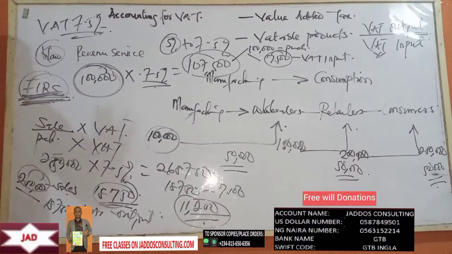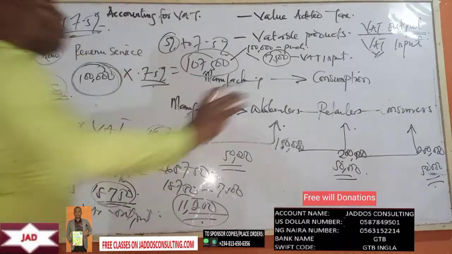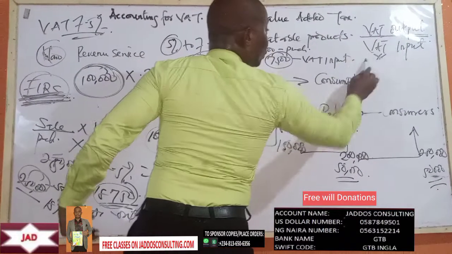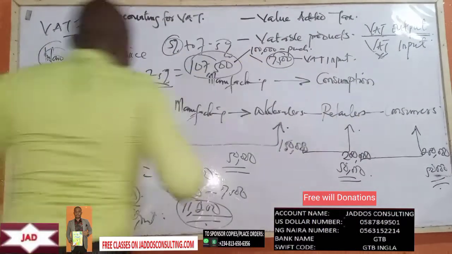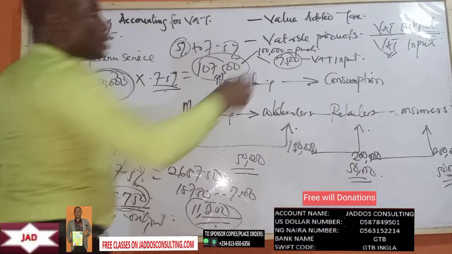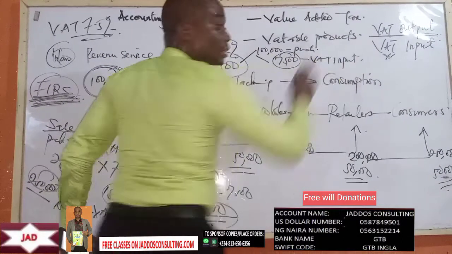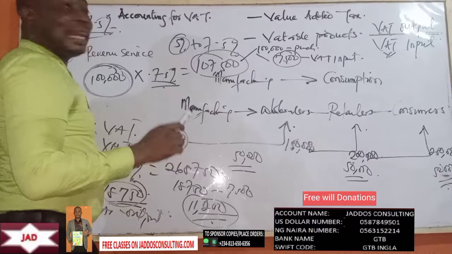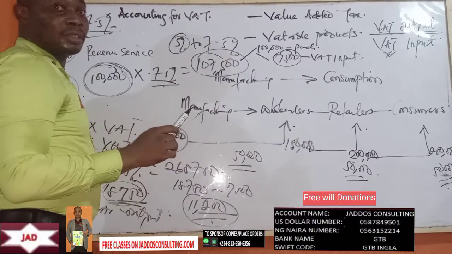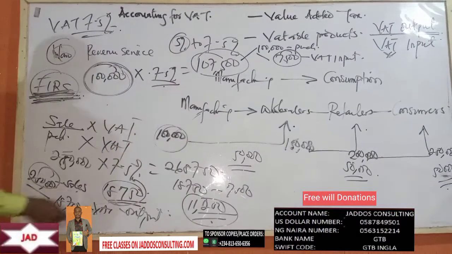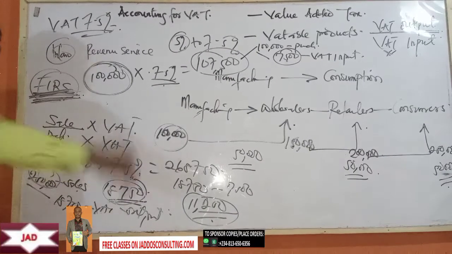So it means at every point in time of remittance, you must compare your VAT output with your VAT input. From the accounting perspective, we can say your VAT output is more like a liability, because you sold and charged VAT, but that VAT is not your own. You are supposed to give it to